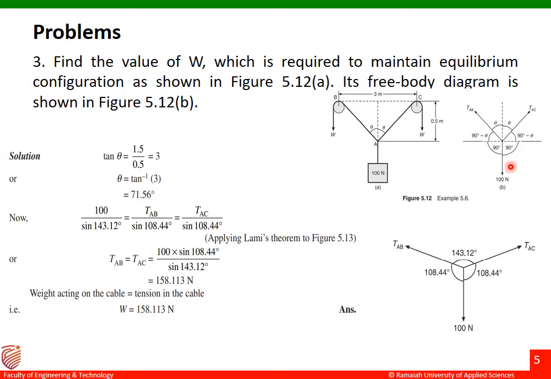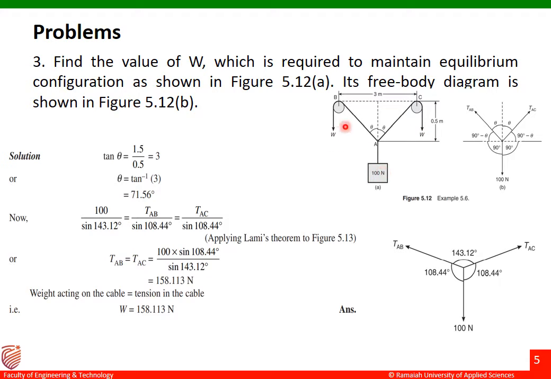So let us find out the answer for W and then theta over there. Fine. So what we have to do is we have to observe the given question carefully here. Okay, so this is my given question. There are 3 points here: point number A, point number B, and then point number C over there. At point A we have 100 Newton mass over there, fine, and then there is a rope here, or we can call it as cable here from A to B, and then one more cable also, that is A to B. In order to maintain the equilibrium, there has to be certain weight to the left hand side and then to the right hand side